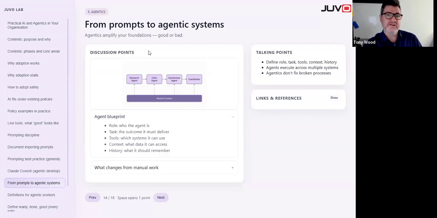Agentic workers are very similar to what we talked about at the beginning when we looked at the role and the task we're looking to give. But we add in a couple of extra things. So if you can imagine, you were hiring your dream team for your role, for your business. And you said, I need a researcher, someone to review it, someone to put it together, and then some kind of project manager. So you would create a role for each of those individual items. You'd create the tasks that they complete.